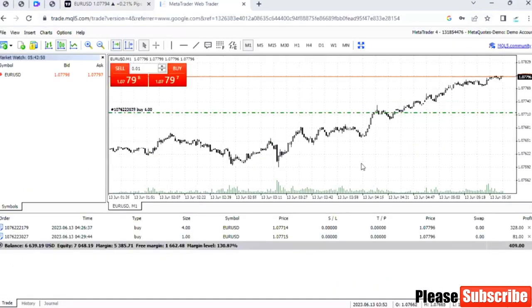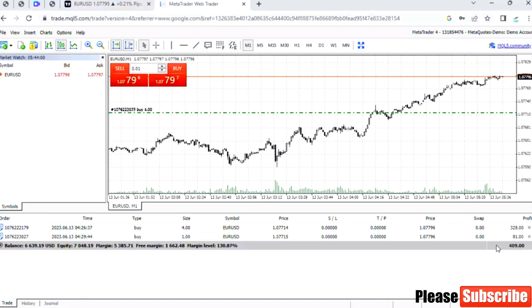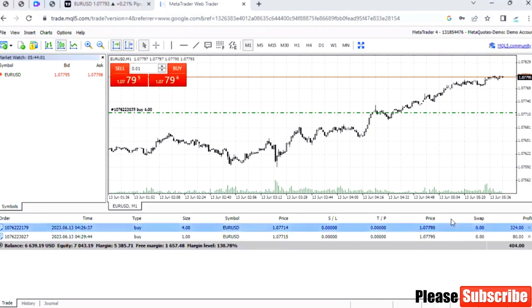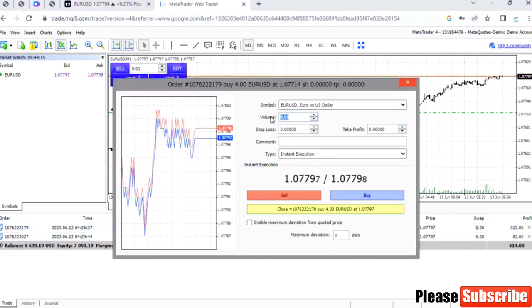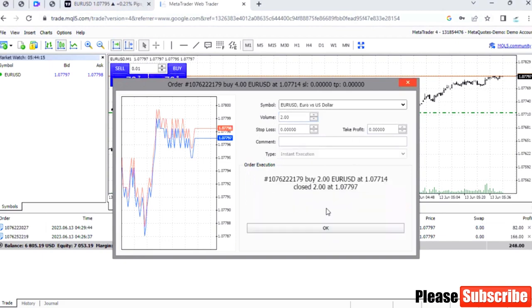We're already at $400, so obviously I'm looking to make 1,000 from this trade, or maybe 2,000, it depends. So I'm going to be closing half right here. So I'm going to be closing 2, close. All right, so for the rest of the trade right here, I'm going to be setting my stop loss to